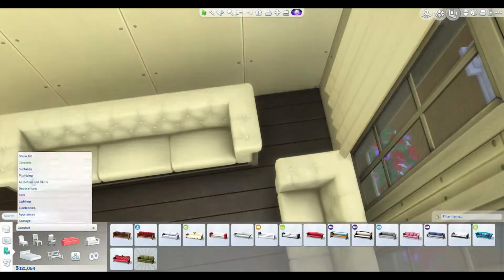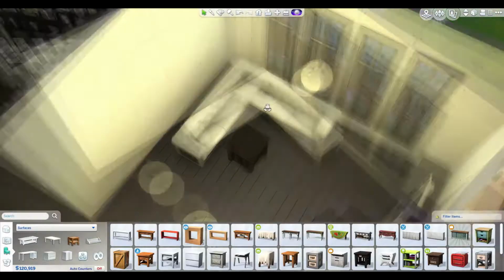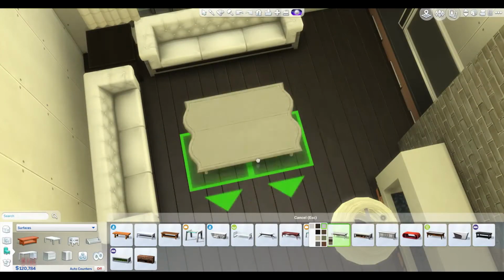So this is the beginning of the living room, and I made it look really modern, but anyway, I need to go back to this thing about...